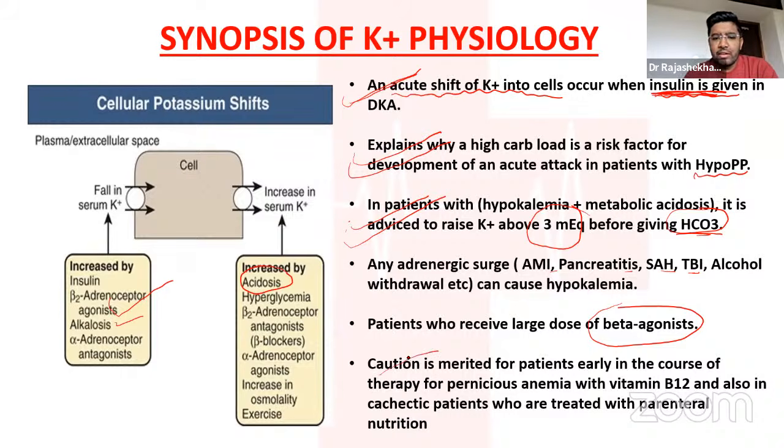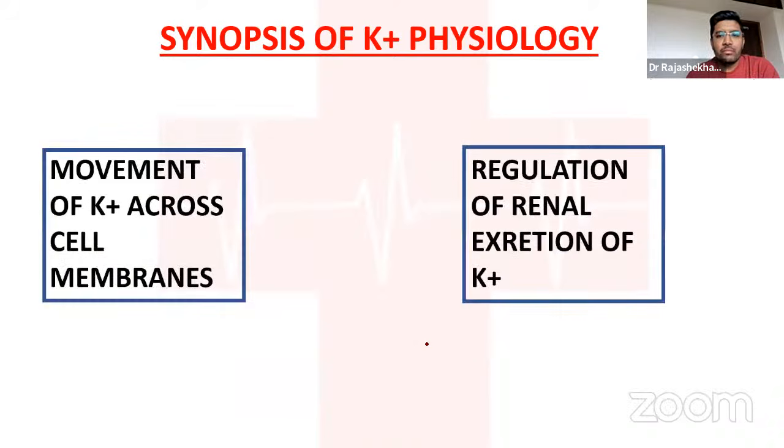And very rarely, if the patient has vitamin B12 deficiency and you supplement vitamin B12 to these patients, there is going to be a sudden shift of the bone marrow to a hyperproliferative stage, which might take all the potassium from the extracellular to the intracellular, and can also cause hypokalemia in these patients. So this is the clinical importance of why the transcellular shift is very, very important in day-to-day life.